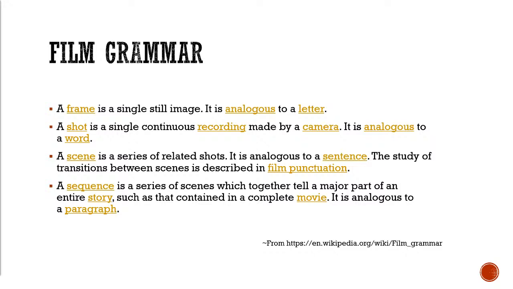So what are some of the elements of film grammar? A frame is a single still image. So think of it like, if we are literally doing grammar, our frame is like a letter in a word. A shot is a single continuous